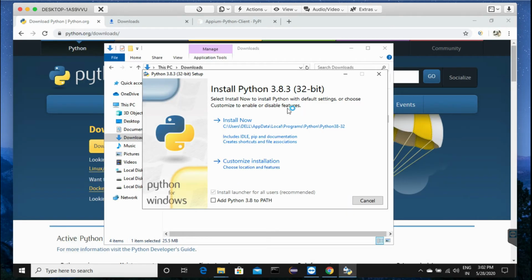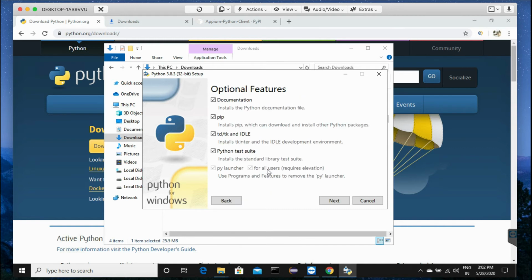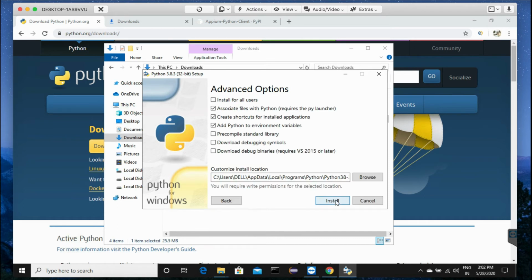Click on show folder. Now right click on this software and click on run as administrator and click on yes, and now it will open the installation window. If we want to install in this path itself, we can directly click on this. Otherwise, if you click on customize installation, then you can install in whatever path you require. Okay, and you need to check this box so that the Python environment variable is added automatically, with the path wherever we are installing Python added to the environment variable. And click on customize installation. I'm going to install in the required path, and check this pip and click on next and check this box as well.